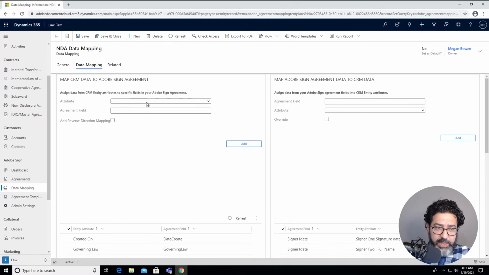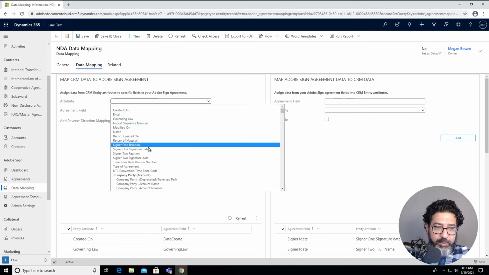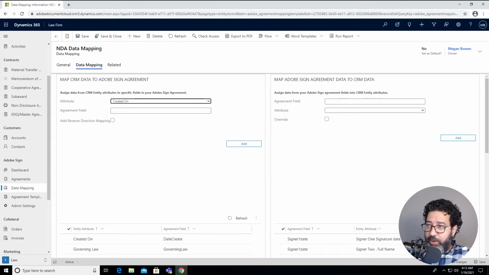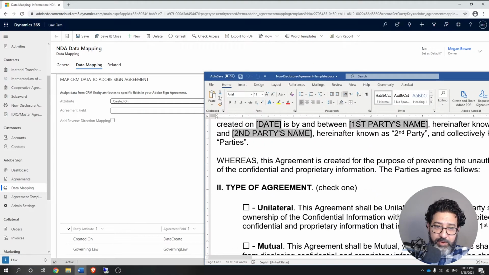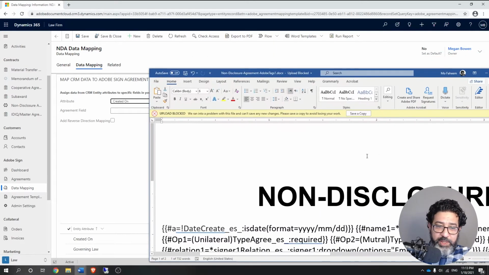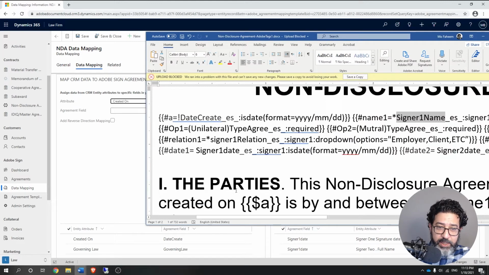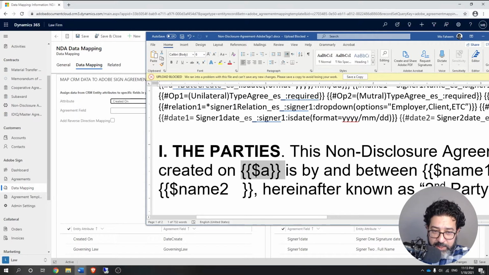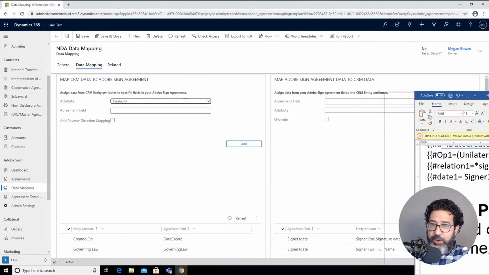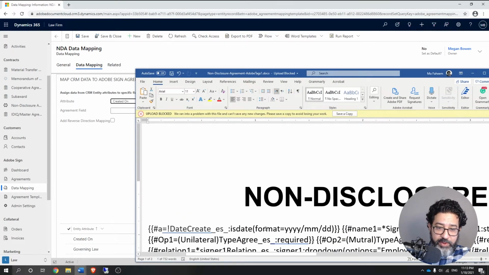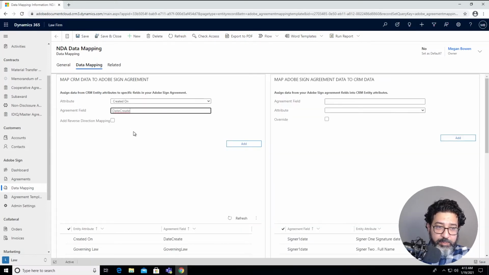And once we create it, for example, if I choose name or the date it was created on, to pass over this variable, we can go back and see within Dynamics that the date is created here, the first value, and it mentions the format is date, and this is the created date when this contract was first created. And to do this, we have to pass the variable over here, date created. This is the Adobe Sign variable, and paste it here.